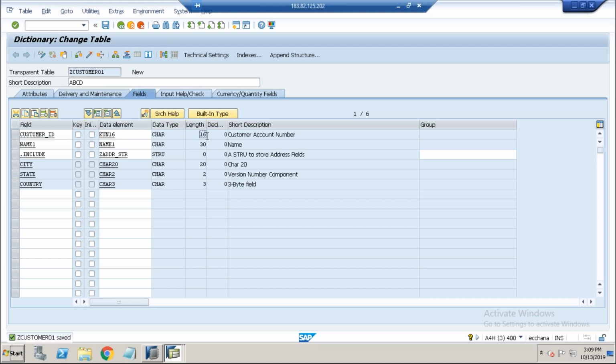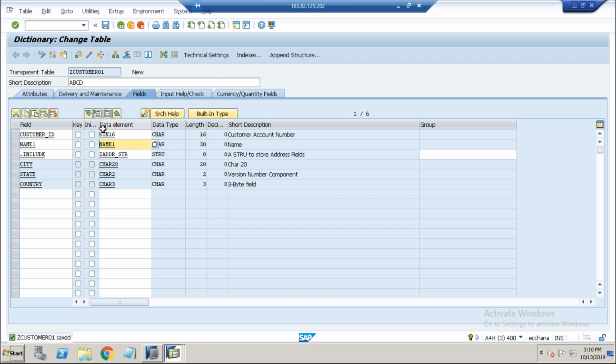My second question is to the functional consultant: okay, I'll provide that, but where do you store that? Because customer number is always 16 characters or 10 characters throughout SAP. So then he changed the question. Anyway, the customer number lengths we will not change, but names we will change. Standard SAP is providing a length of 30. Now, if you want more than 30, what do we have to do? So the answer is,